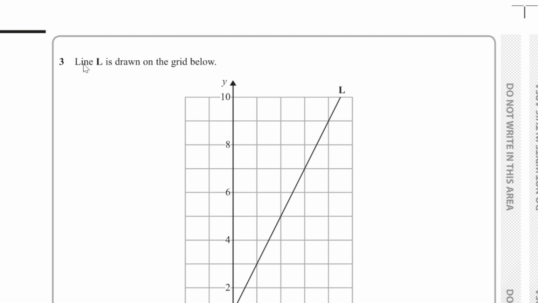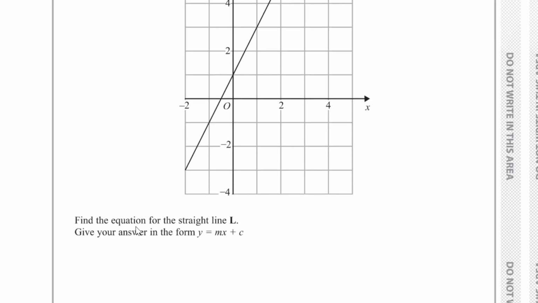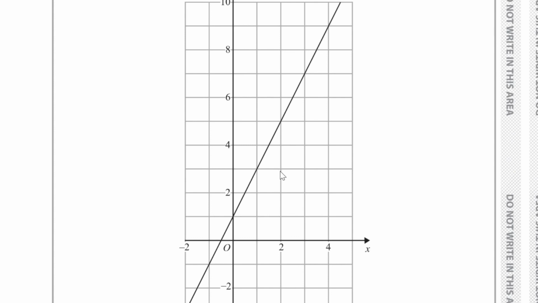Question number 3. Line L is drawn on the grid below, and you have to find the equation for the straight line L. Give your answer in the form y equals mx plus c. Well, of course, you can see here m would represent the gradient, so let's just write this down. So m would represent the gradient, so we can calculate the gradient by considering the change in y over the change in x. So for example, from here to here,